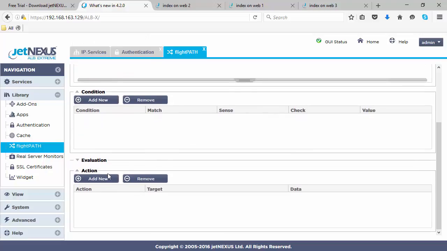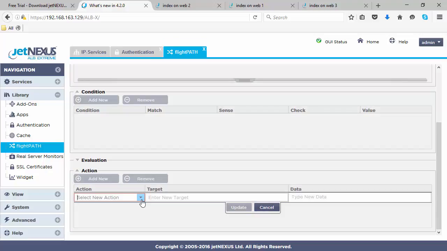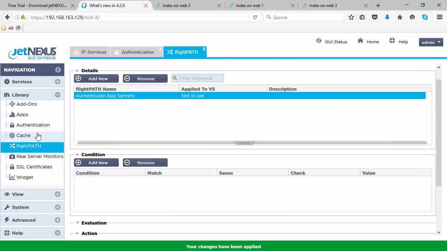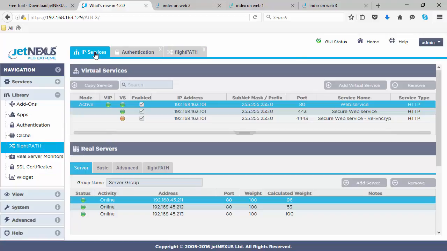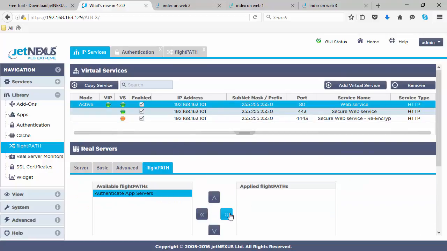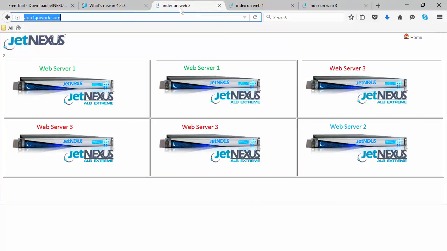because we always want the condition to match. And then for the action, we choose authenticate, and choose the LDAP rule that we created. So this is where that ties that one in. This is just a library of rules where you can choose to apply it. Now we have to apply that to our service. We're going to choose to apply it to the port 80 service. So we go to flight path, there's our rule, apply it,